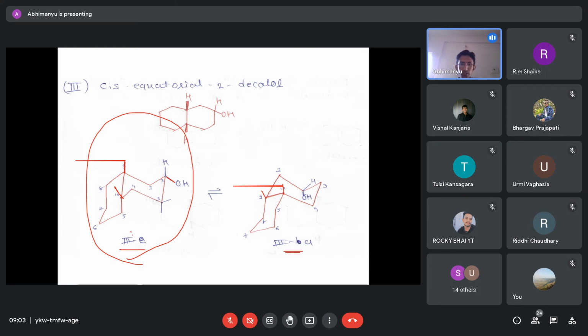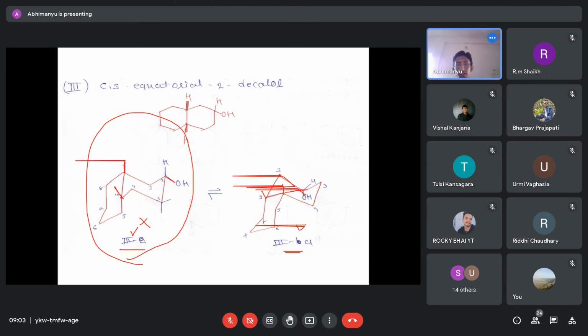The energy of three equatorial is less as compared to three axial. Why? Again the same concept: in three equatorial, diaxial interaction is absent, whereas in three axial, diaxial interaction is available. So due to diaxial interactions, the energy of the three axial is higher,